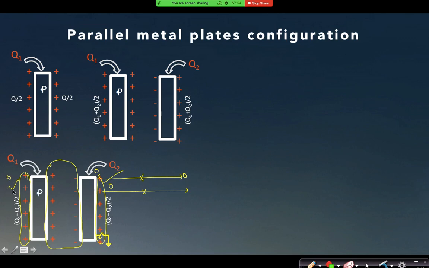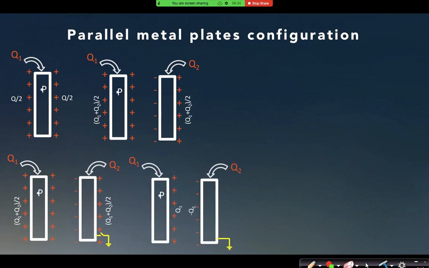That can also be explained in this way: if I earth some plate, then the electric field line will never go to infinity searching for 0 potential, as the field line has now got 0 potential inside the system. Then why would these field lines go to infinity in search of 0 potential? That is a good logic to understand this: whenever I earth any plate, the extreme faces will always carry 0 charge.